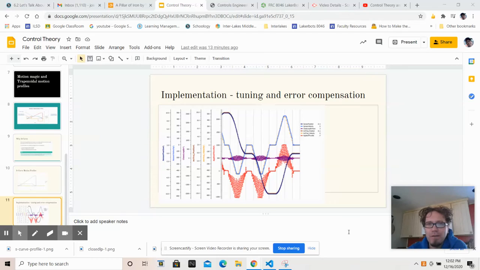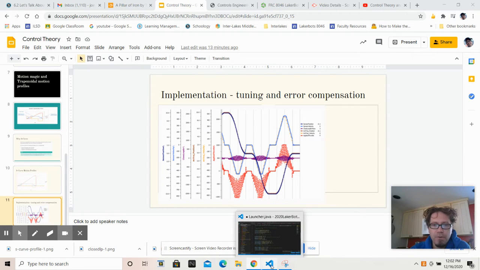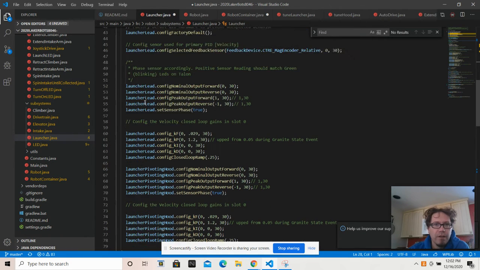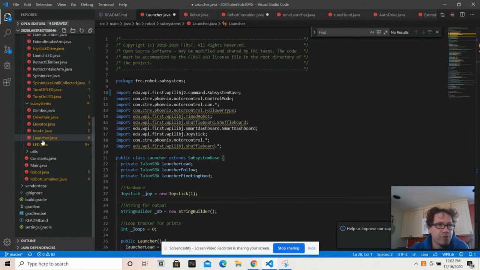Okay, part two of the control theory series. I thought I'd show you how we're going to actually implement this in code. And so if we come to our VS Code environment, we are in the launcher subsystem, and we have, for our launcher subsystem,